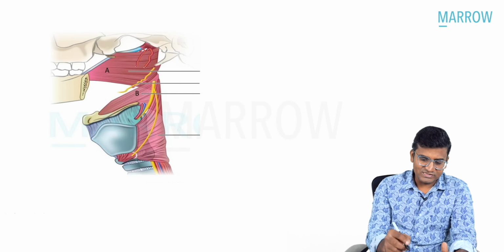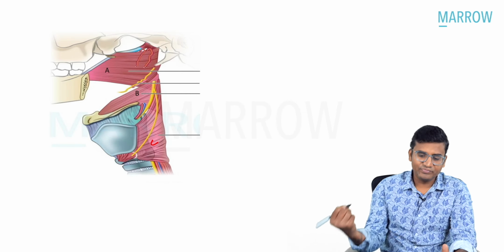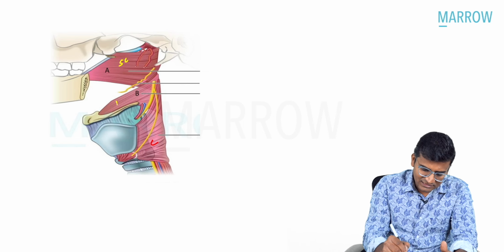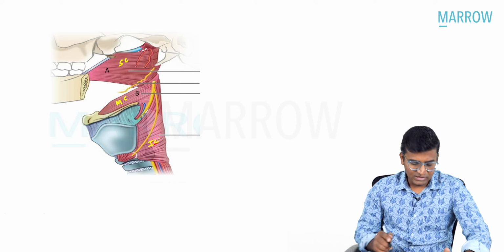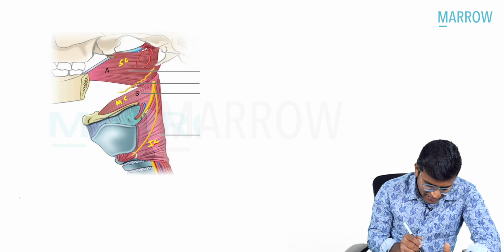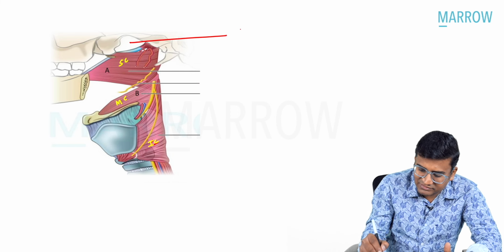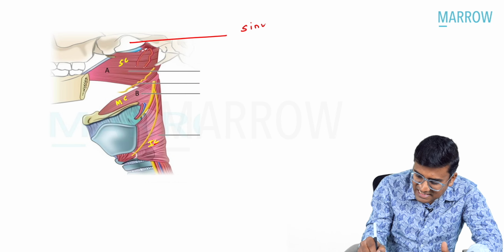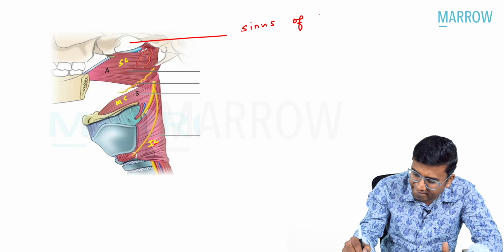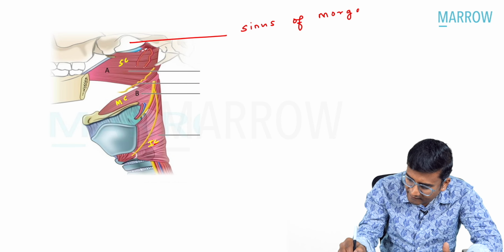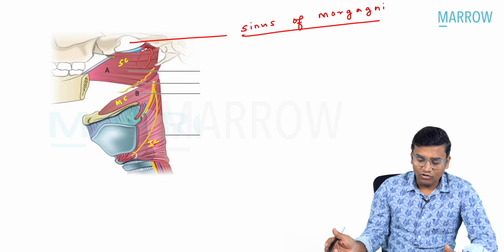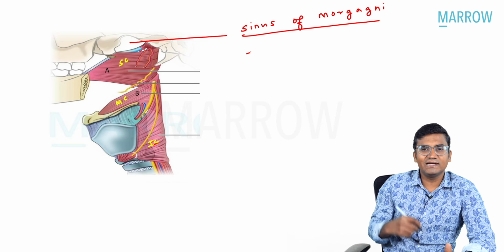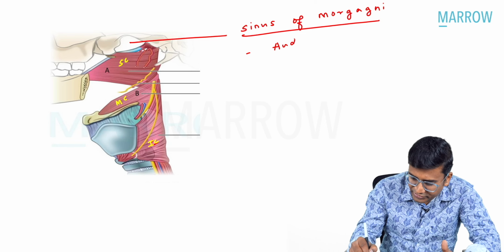On the diagram, yes, we are seeing three constrictors A, B, and C. A is the superior constrictor, then the middle constrictor, and the inferior constrictor. Now, you have a gap between the superior constrictor and the base of skull. That gap is called sinus of Morgagni. Sinus of Morgagni transmits the auditory tube,